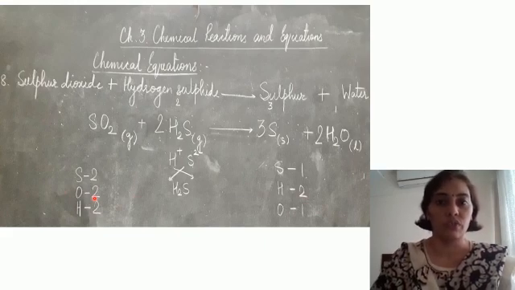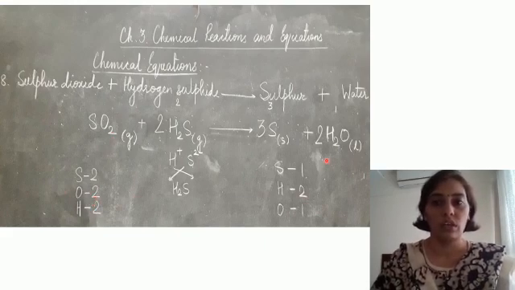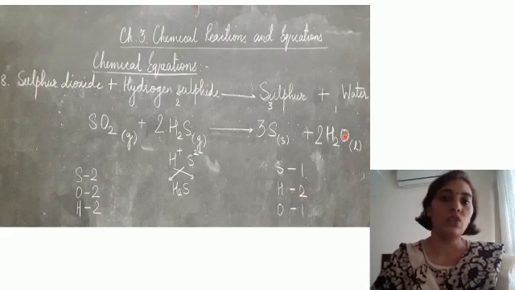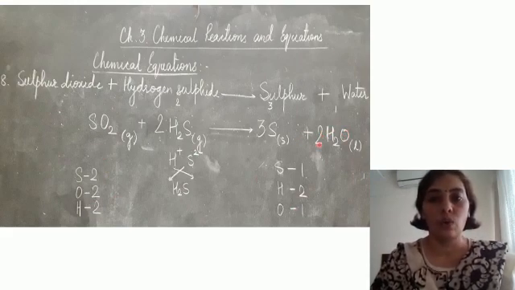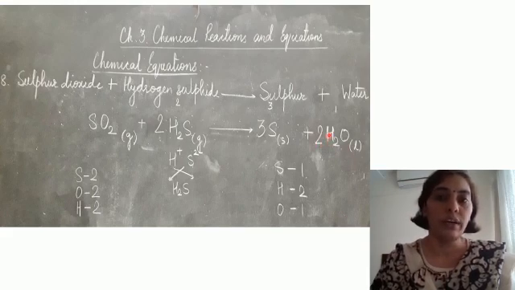Let's balance oxygen first. So on this side we have 2 oxygen, here we have only 1. So the best way to balance this is by writing a coefficient 2. That is, we will write 2 in front of water. Now this 2 is common for hydrogen and oxygen both. So while balancing oxygen, hydrogen now becomes imbalanced because now here we have 4 hydrogen, whereas on this side we have only 2 hydrogen. So how can we make 4 here? By writing a coefficient 2 here. So if we write a 2 here, 2 2s are 4. So now hydrogen is balanced.